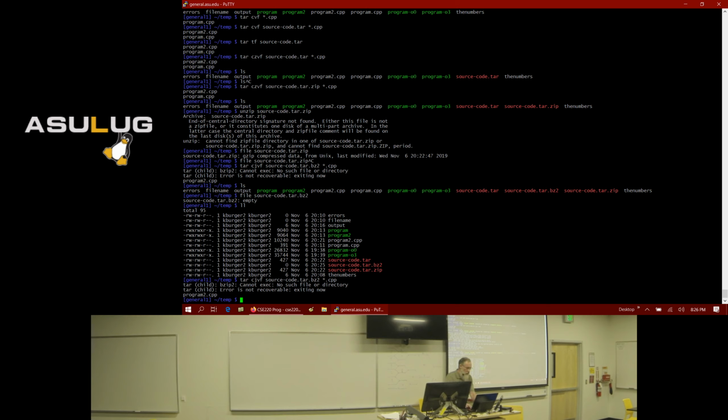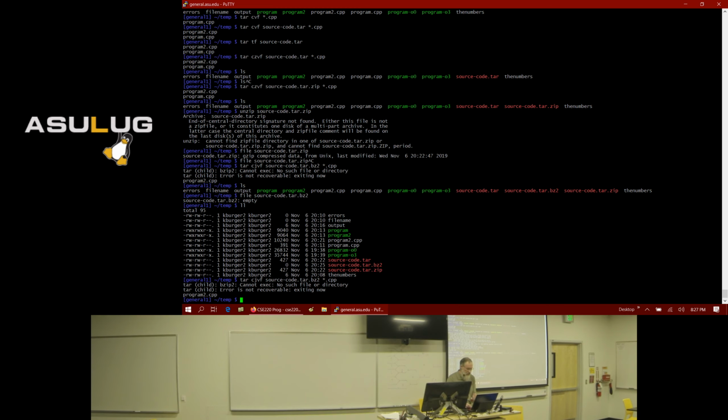Anyway, when you create the tar file and then compress it, we call that a tarball. And a lot of Linux programs, like the ones that you can download from the internet and install, a lot of times you download tarballs. So suppose I've got a tarball and it's a program I want to run, and I want to install this in my local home directory here.